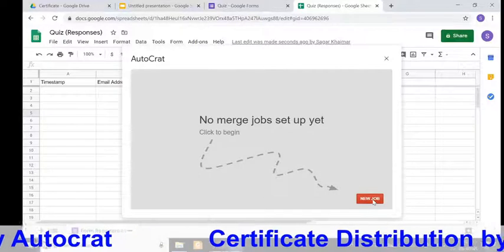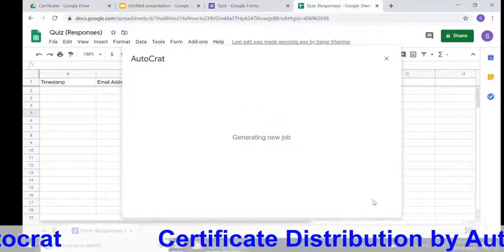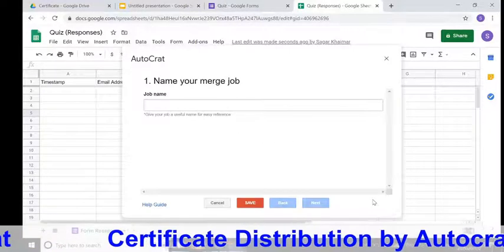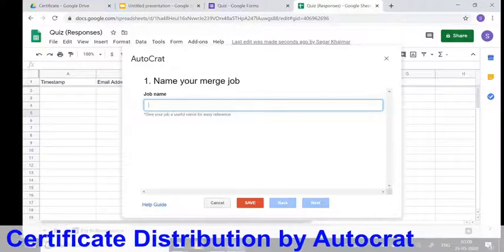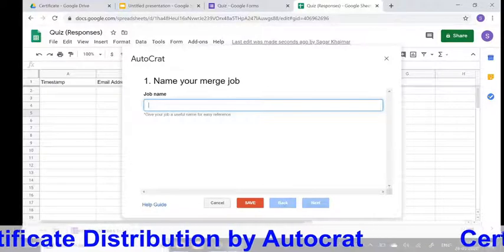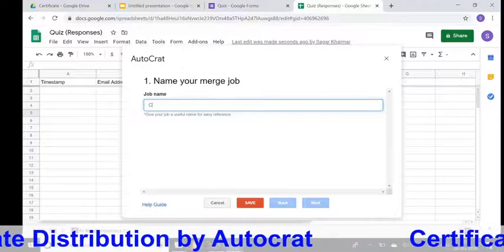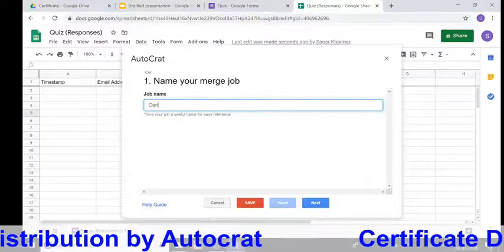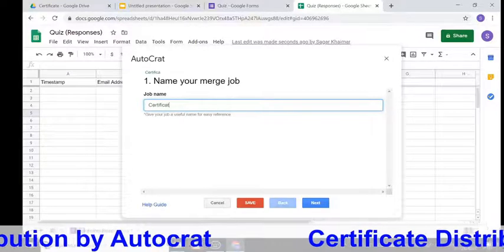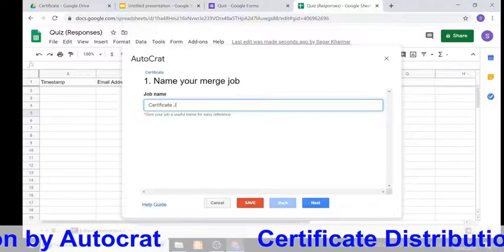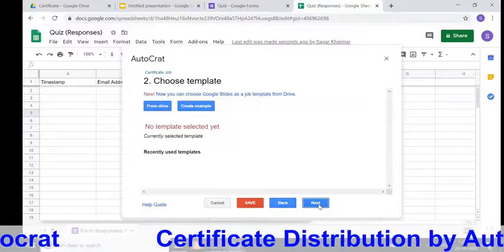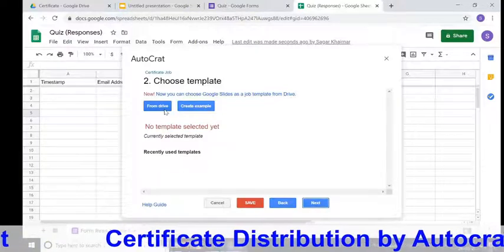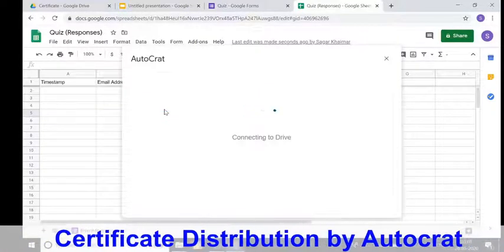Now create new job, give name, certificate job, click on next, select template from drive.